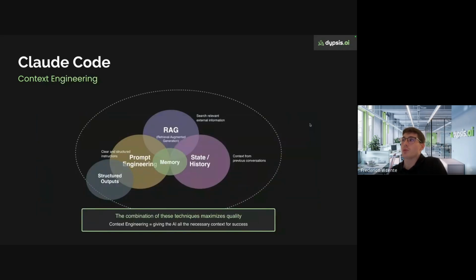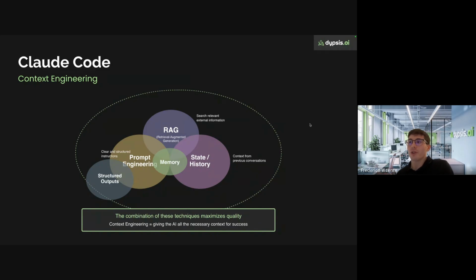To really be able to manage this context in an intelligent way, there is this concept of context engineering, which is about thinking about what's relevant to put in the context. What kind of history you want to provide, the memory files that I was mentioning, and the structure of your own prompts, of your own questions.